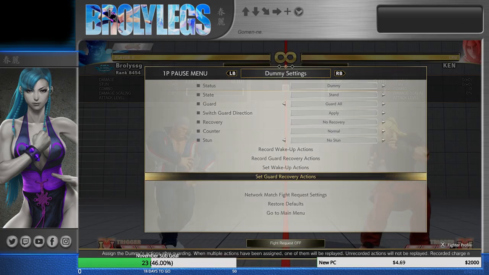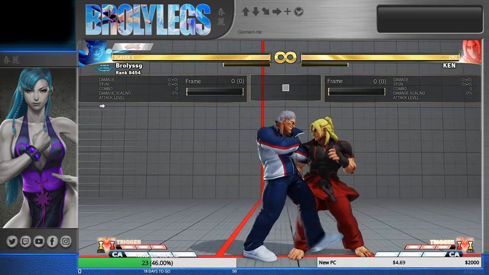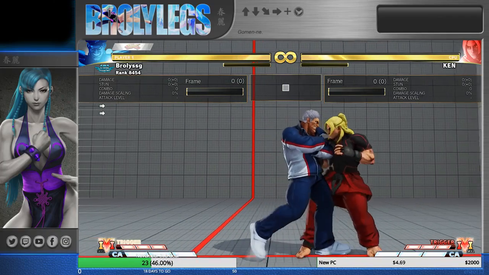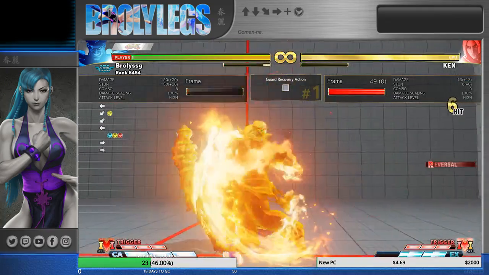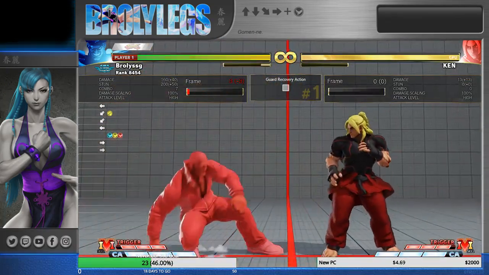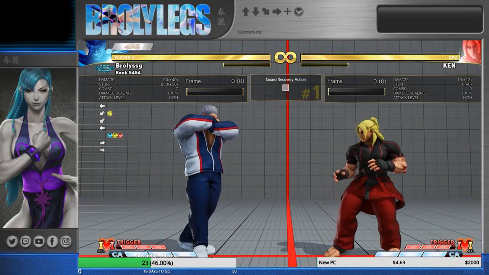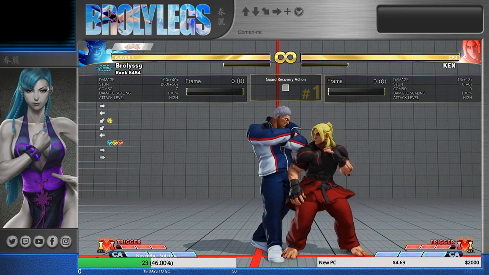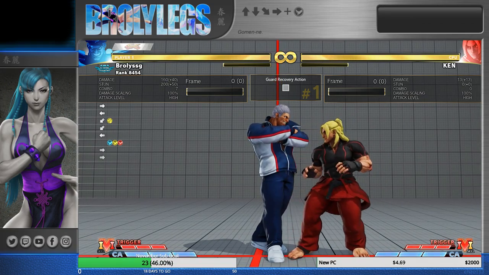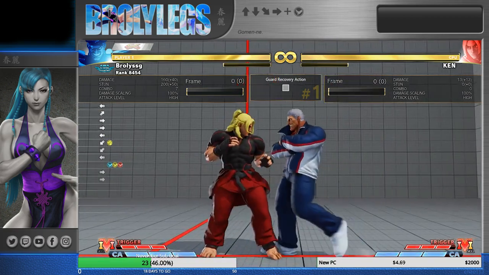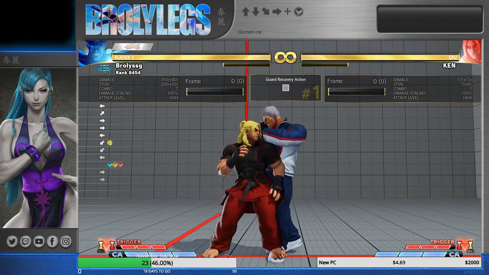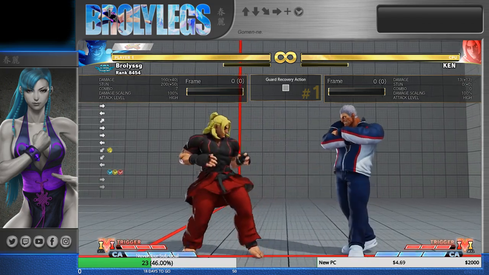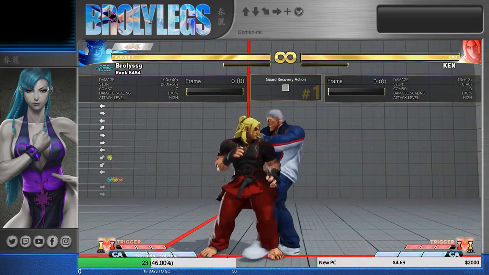Alright. Cool. So let's go ahead and do that scenario one more time, right? And there is the counter to the block strings we were talking about. Now, you need the meter to do it. These DPs aren't free. They're not something that you can access and just do normally. If you do normal ones, I think the best you can do is trade. Worst is that you'll just lose cleanly. So if I do a string,